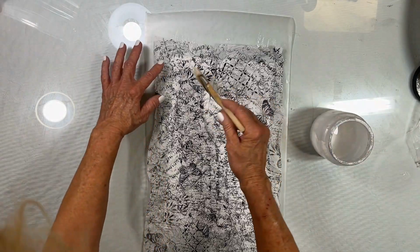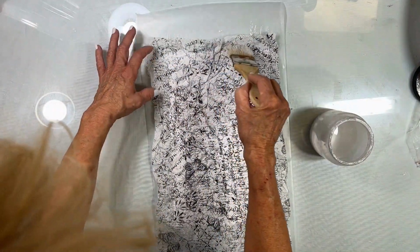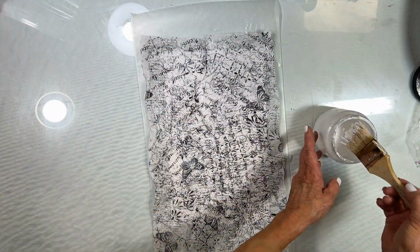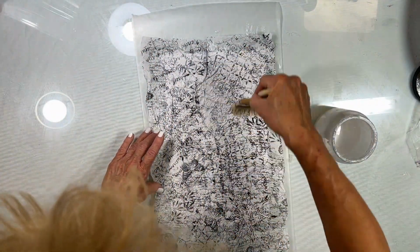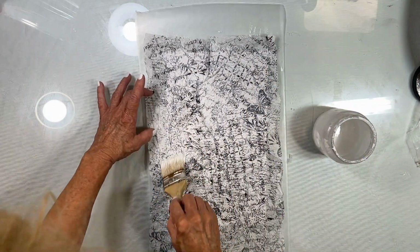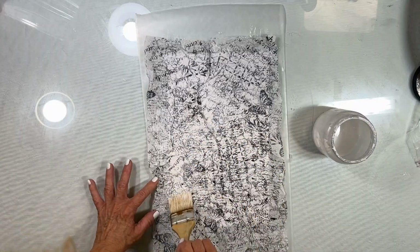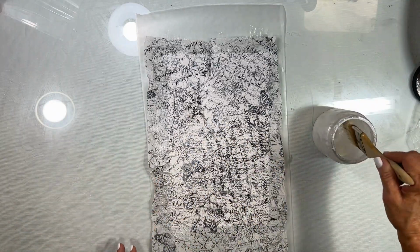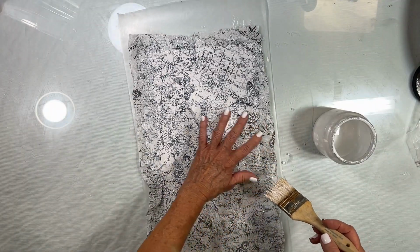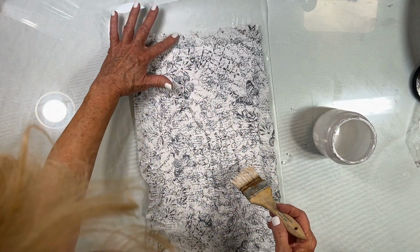And then I'm going to go over and put a top coat of the Mod Podge on. Gently. I don't rip my paper, hopefully. Push it down in a few spots where it's a little bit too raised. I do want it to be